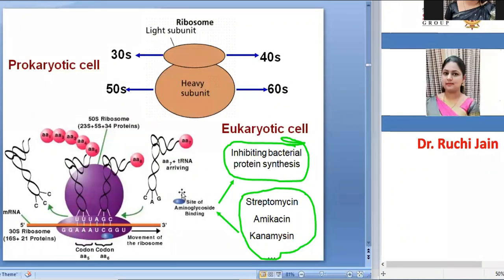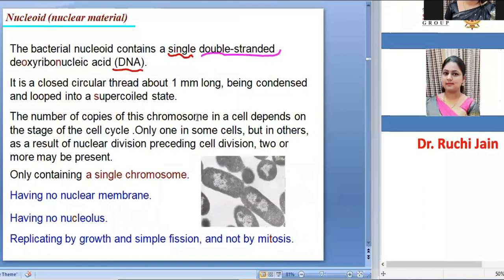And the majority of the antibiotics, their mode of action is by blocking this small subunit. Because of that, they can inhibit bacterial protein synthesis. The antibiotics are streptomycin, amikacin, and kanamycin. All these are antibiotics which will block the movement of ribosomes. Okay. So next is